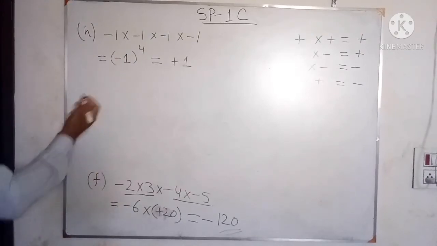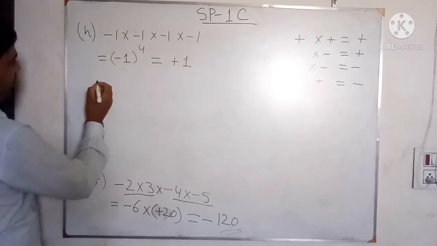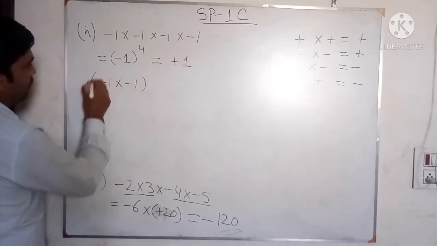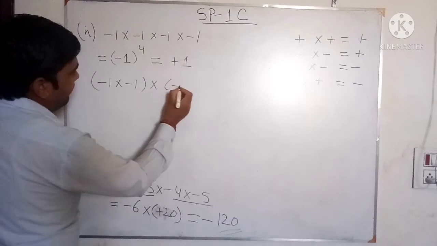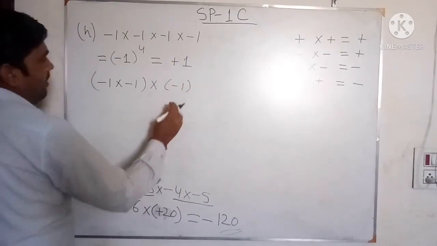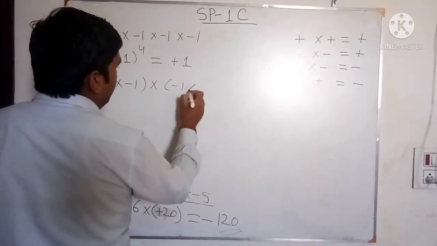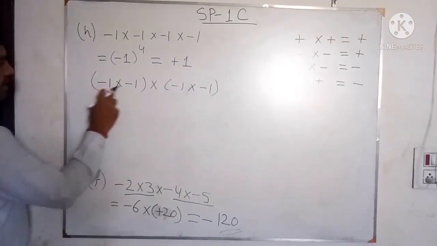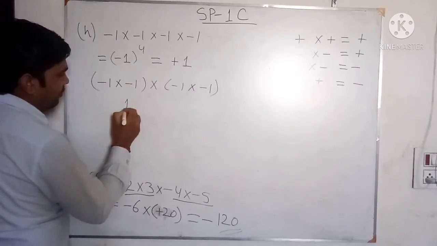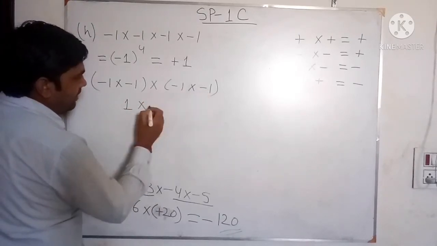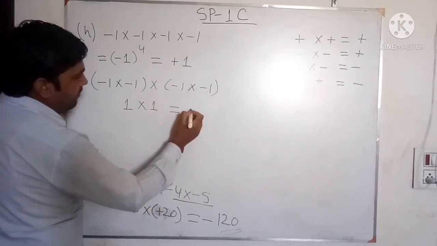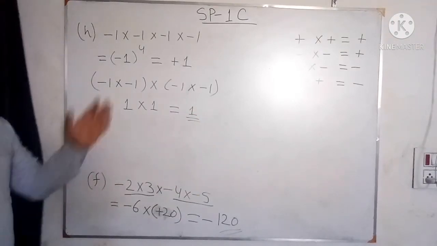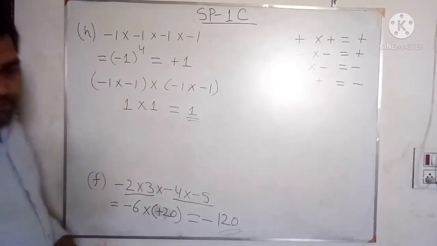Another method that you can solve this question, we can make a group of 2 numbers. Minus 1 multiply minus 1, that you make one group, multiply minus 1 multiply minus 1, another group. See 2 groups. So here minus minus plus, 1 one is 1. Multiply here again minus minus plus, 1 one is 1. Now 1 multiply 1 gives you what? Plus 1. Like this we can do. We can make groups of two integers and then we find their products.